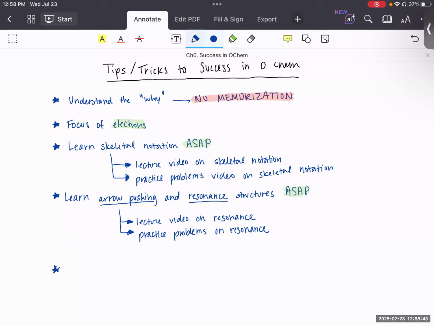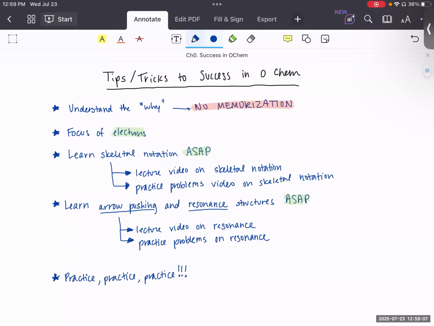All right, and then my last tip is practice, practice, practice. I would think about this similar to math courses where let's say that you are learning algebra. You're not going to be able to really assess whether you understand the concepts unless you're doing multiple practice problems in a row and getting them right. Most of the lecture videos that I have for this series are going to primarily focus on practice problems, ranging from easy to difficult.